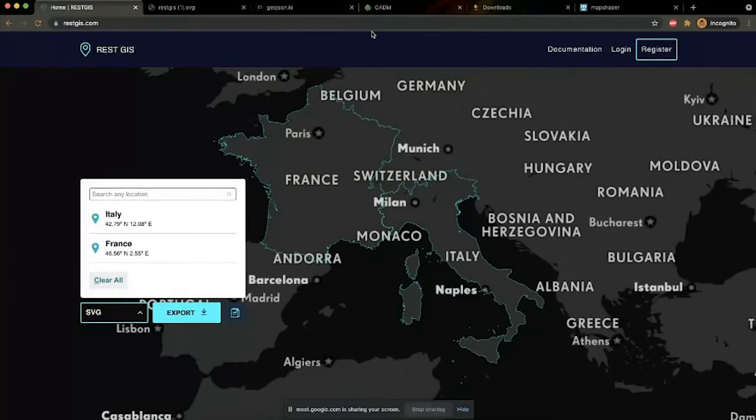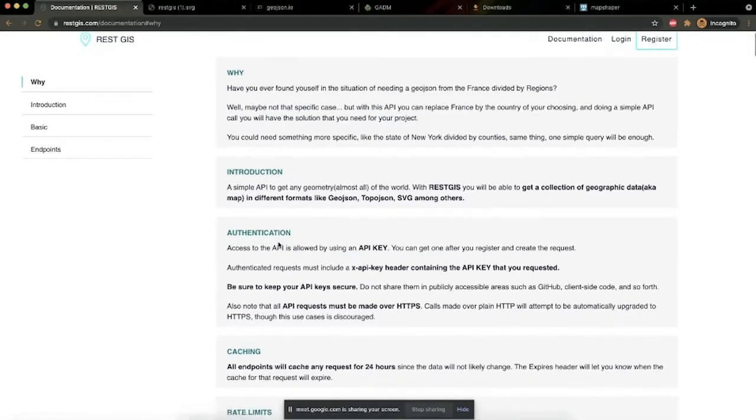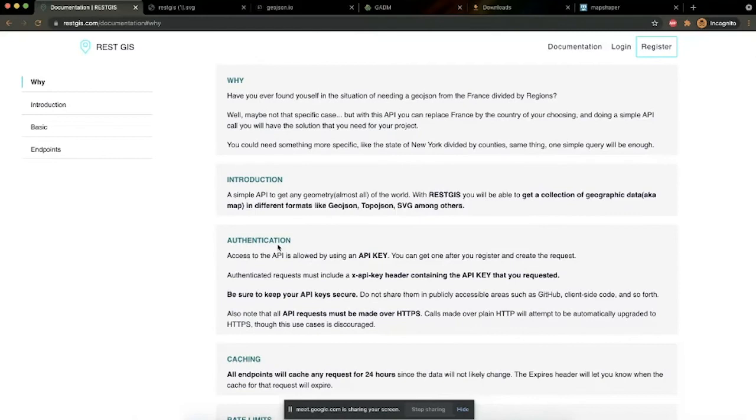So yeah, this is our free tool and our main tool on our application, but we also built an API. And in fact, this API is the one powering this application. So let's go to the documentation so you can check it out. And the API is basically a REST API that you can consume after getting an